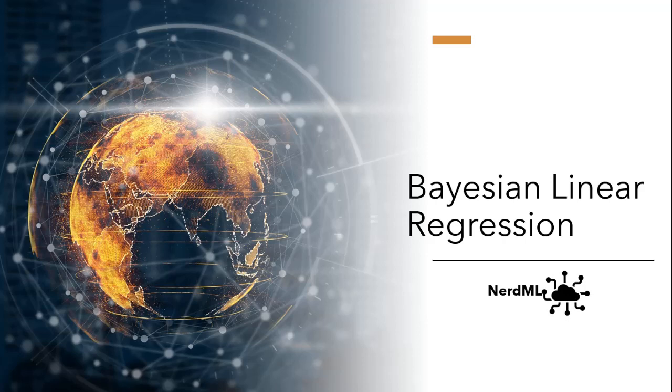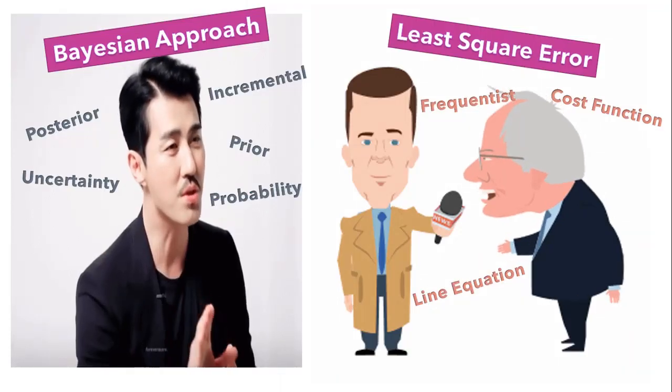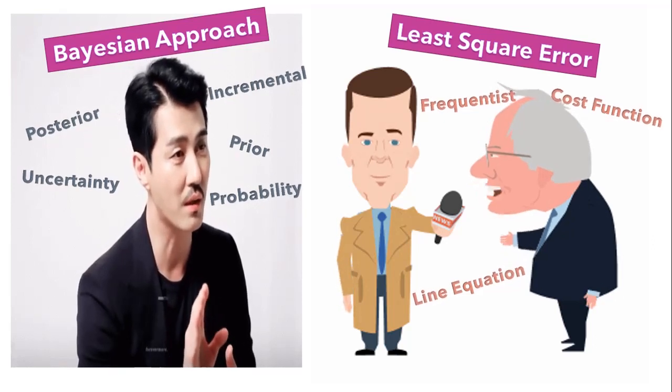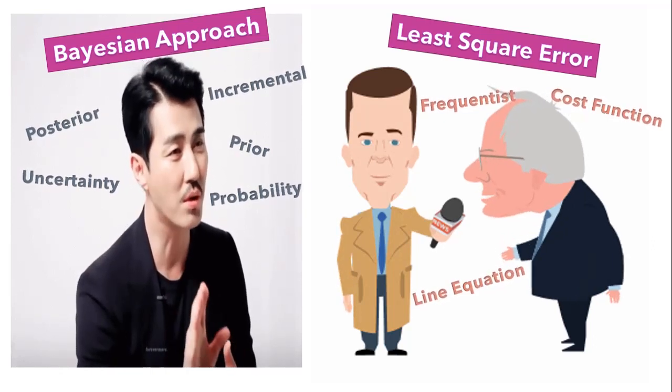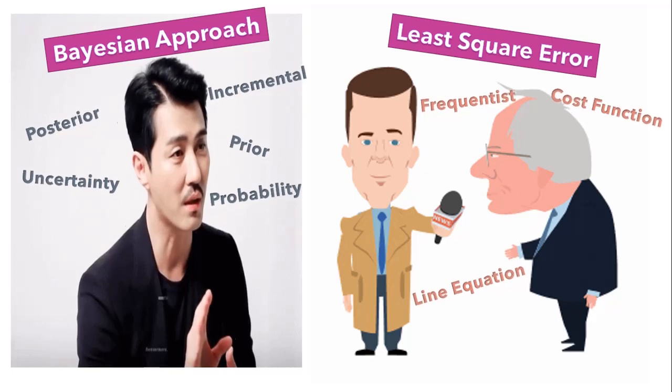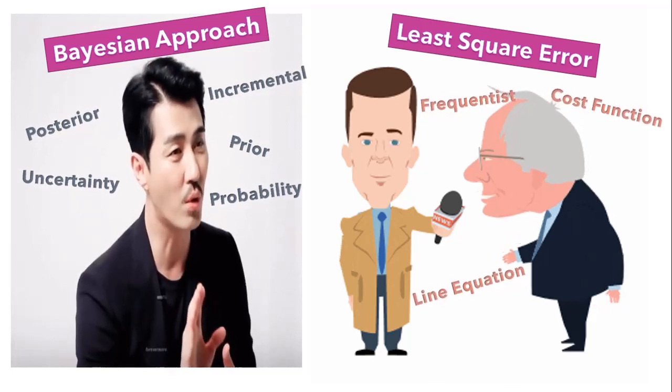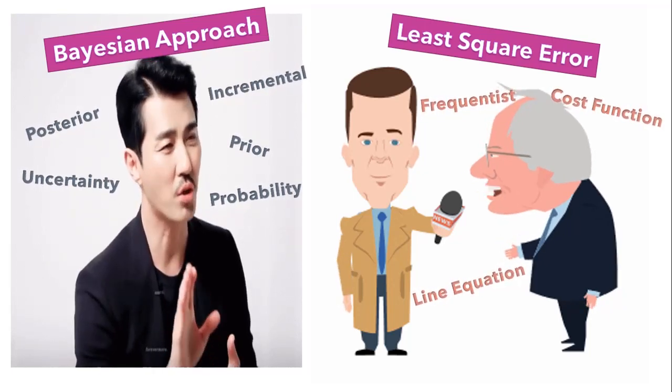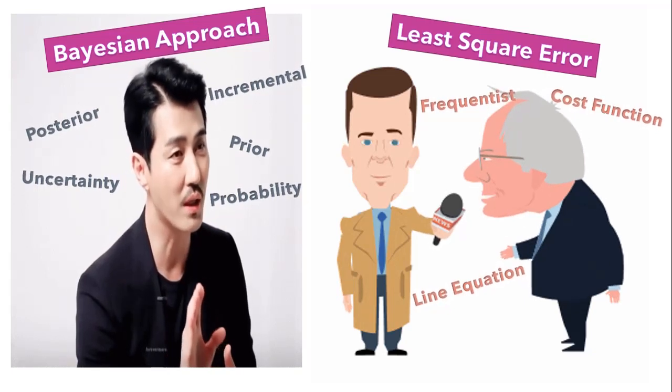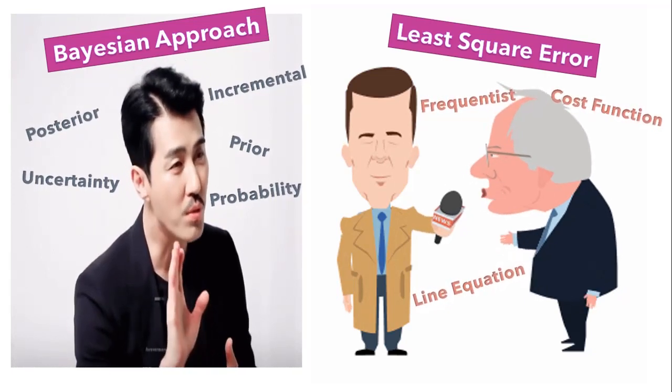So guys, today we'll see how to solve linear regression problem using Bayesian approach and what are their advantages over classical linear regression approaches. So guys, Bayesian versus frequentist debate is one of those academic arguments that I find more interesting to watch rather than engage in. So instead of taking one side, I think it's more productive to learn both methods of statistical inference and apply them wherever appropriate.